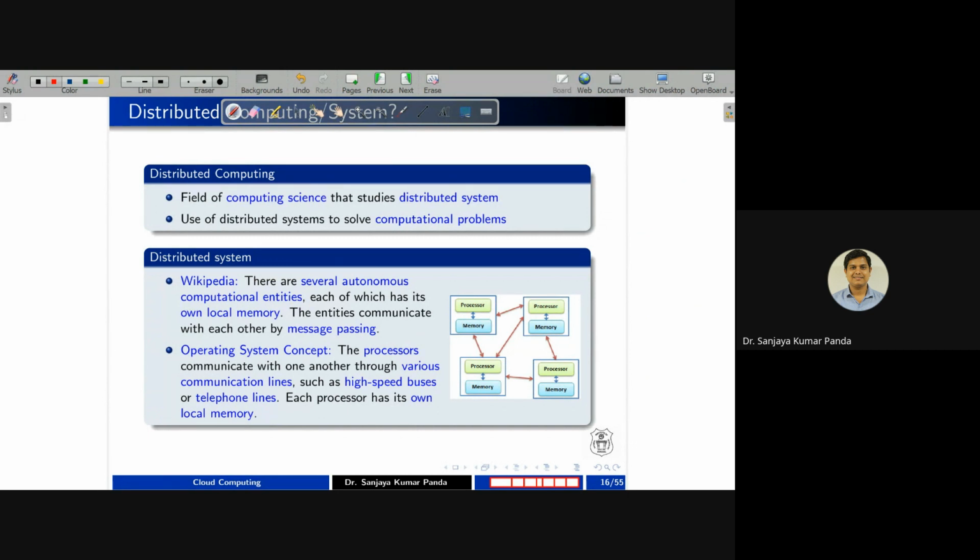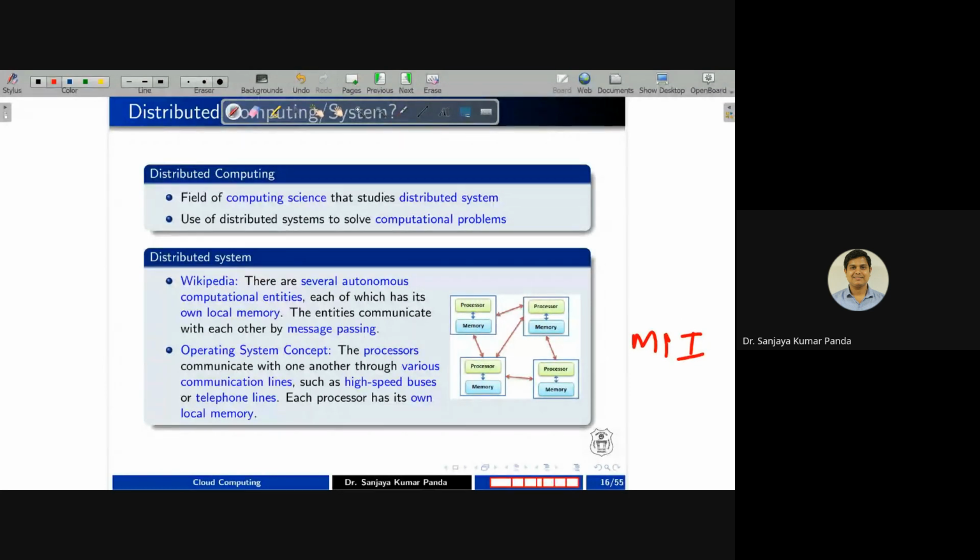You can see here, every processor has its own memory. Here I am giving an example of 4 processors. These 4 systems are connected to each other. They may not be located in the same place. They may be located in different countries or different continents, and they have a local memory. They exchange information through the message passing interface, which we call MPI. So any task that is assigned can be distributed over these processors, so that together they can achieve a particular task.